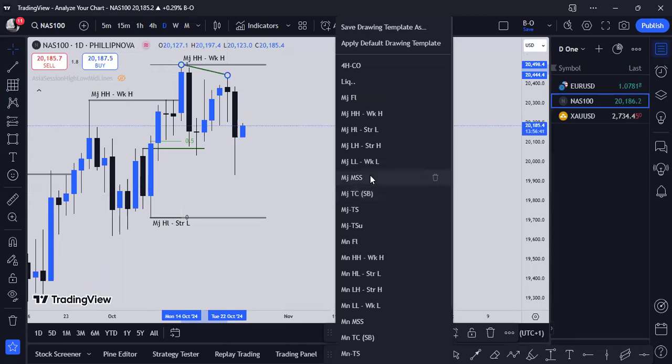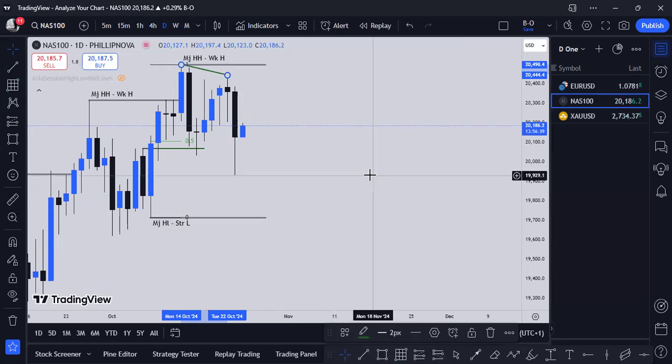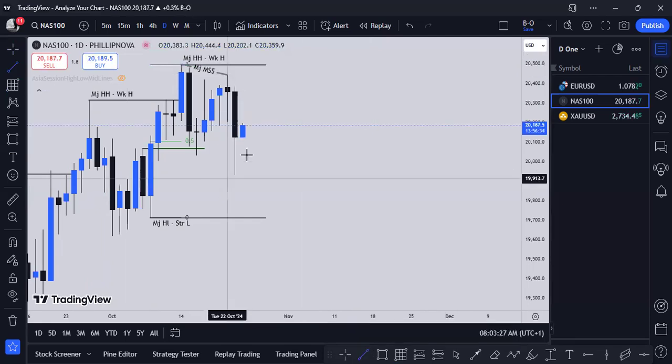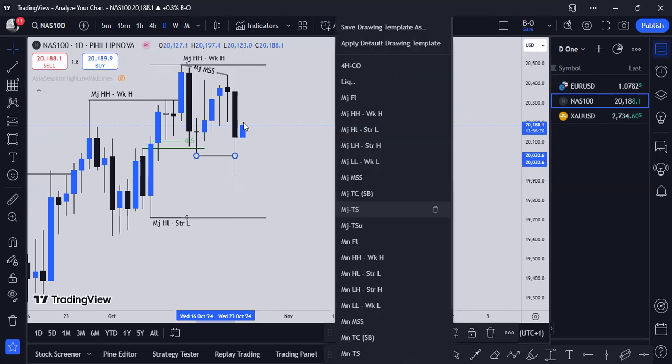Market structure, just structure shifts, and as we can see here, this low that's supposed to go up has been violated. But we are expecting market to close below it. But as we can see from this level on daily, it didn't close below it, but we will explore it further